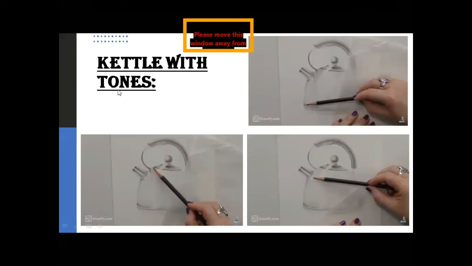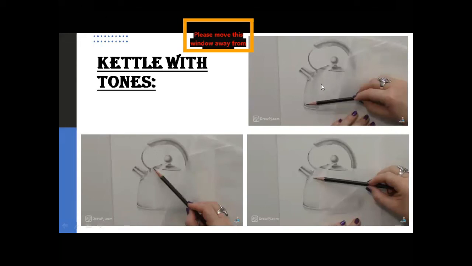Now it's time to shade it, for the tones. As you can see on your screen, these are the shades. Actually, these are the tones. By the mixture of black and white, tones can be created. This one is the darkest part as compared to this part, which highlights that the source of light is this one.